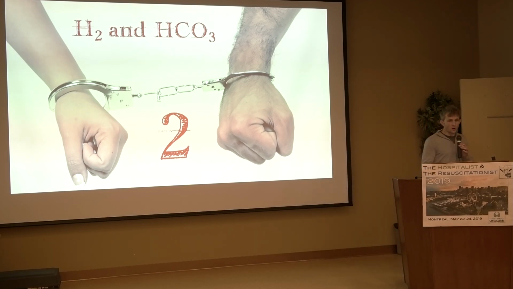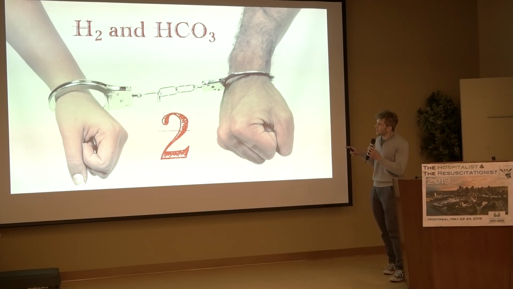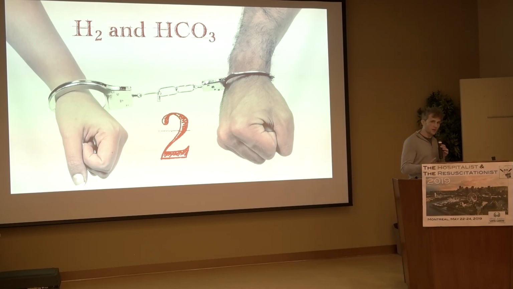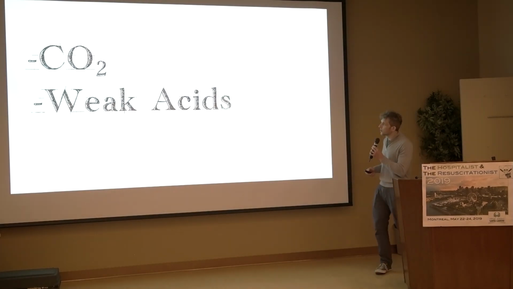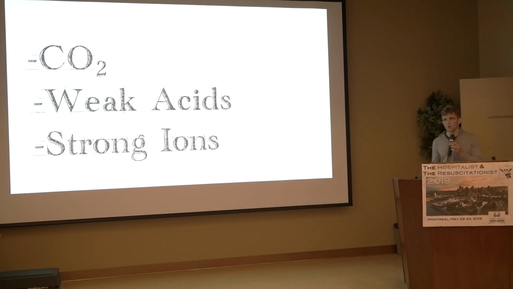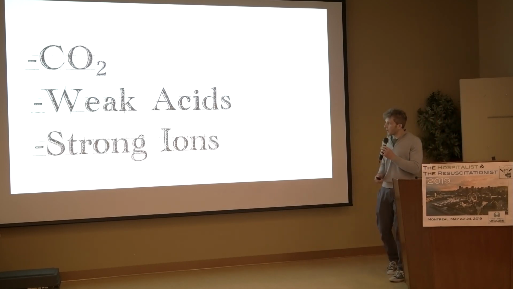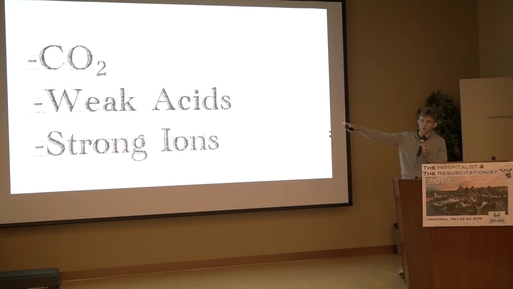Okay, so ground rule number 2 is that hydrogen and bicarb are dependent variables, and they're actually dependent on other independent variables. So your body will make as much or as little from water and CO2, right? And so the actual independent variables are CO2, weak acids, stuff like albumin and phosphate in your blood, and strong ions like sodium, chloride, lactate, and so on and so forth. This is what causes acid base, and this is the stuff you want to figure out, and we'll talk a little bit more about that in a sec.